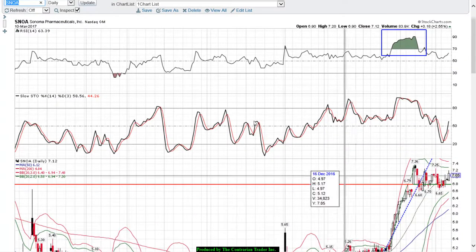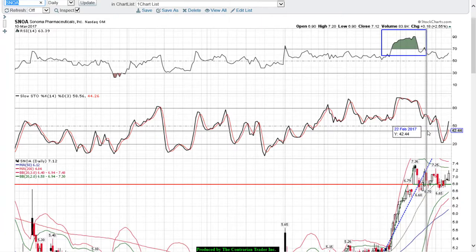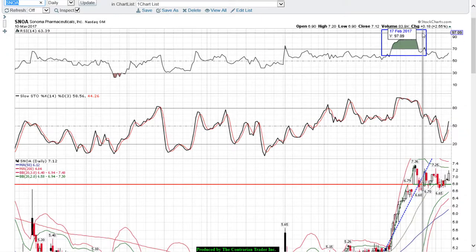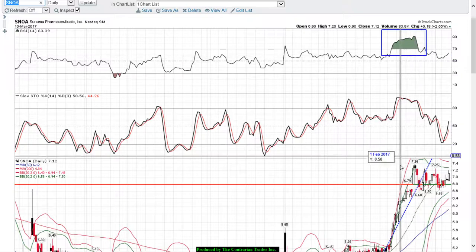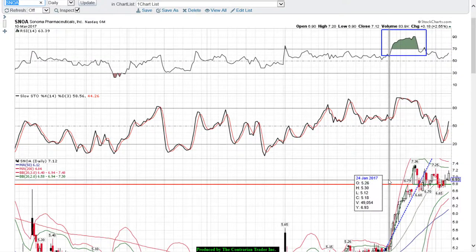Next chart up, SNOA. I mentioned this as a short a couple of weeks ago, an extreme overbought short, and we got a correction. At that point in time, we had RSI above 90, and we pulled back. Now we're looking to buy it because remember, many times stocks that are at extreme overbought levels are there for a reason. They have good fundamentals, a good business, etc. So just because I say we're looking to short an extreme overbought stock doesn't mean I'm betting it's going to go to zero. There's a reason why it's strong.